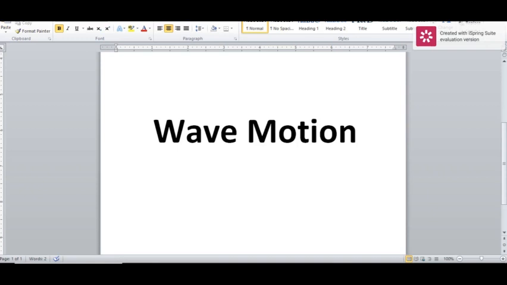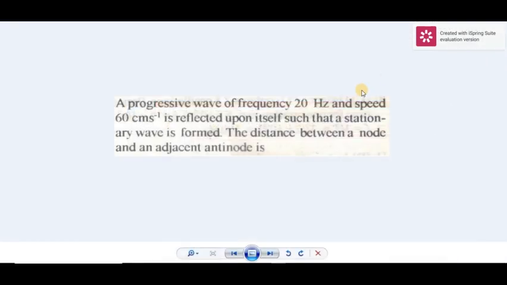The question is on wave motion. The question says a progressive wave of frequency 20 Hz and speed 60 cm per second is reflected upon itself, such that a stationary wave is formed. The distance between the node and the adjacent antinode is what we don't know. The frequency is given,